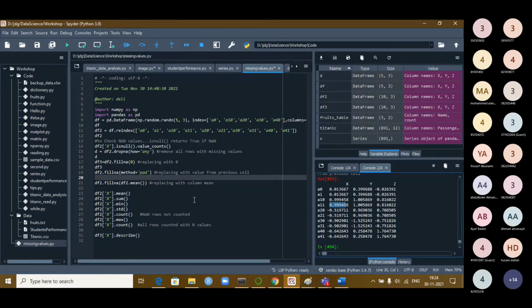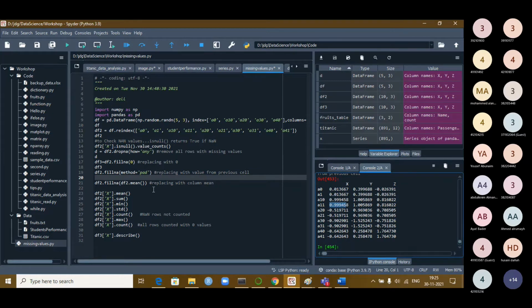Now you can ask me, it is also like manipulation of the data only. Why is it called cleaning? This is called cleansing the data, because data is not full, it is empty. So we have to take a meaningful approximation from the existing data set. Sometimes you can take the mean of the column and fill it, or you can take zeros. Otherwise, whenever you are drawing a graph or something, you will not get the proper output. So you need to look at that. This is how I am using forward fill.